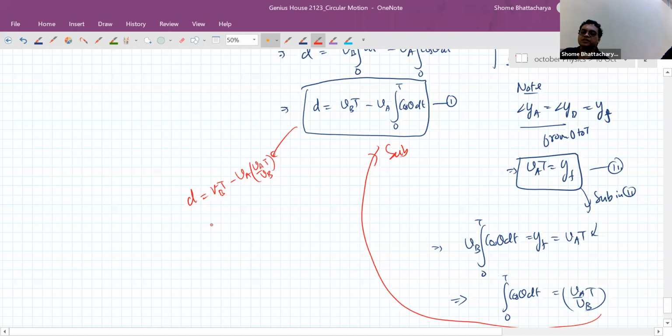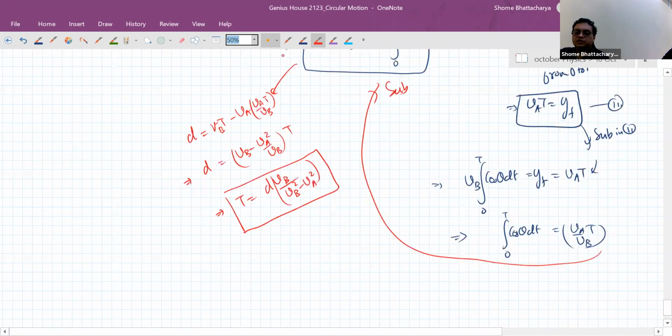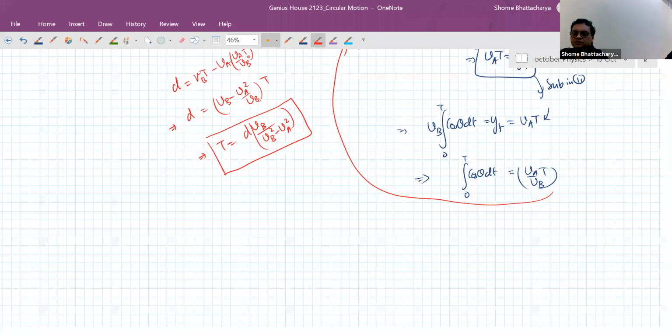So when you do this question for the first time, it seems like you almost got an answer by cheating. Again, so the time comes out to be d into VB divided by VB square minus VA square. And also you can see that this does not make any sense if VB is equal to VA, which means that they will never collide, because it will give you an undefined solution. And again, it will not make sense if VB is less than VA also, because it will give you time less than 0, which is not physically possible. It only makes sense when VB is greater than VA, and that is giving you the time when they collide.